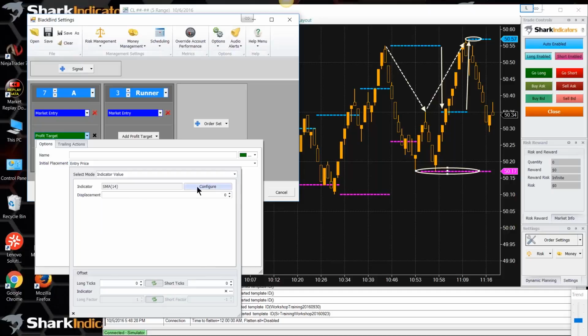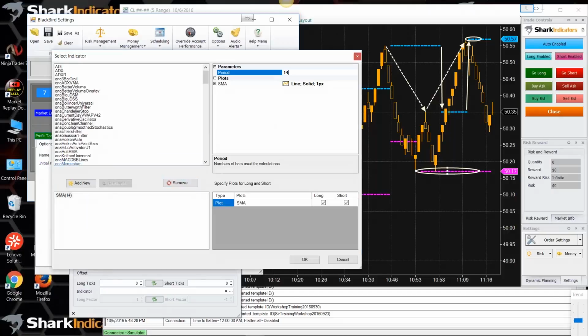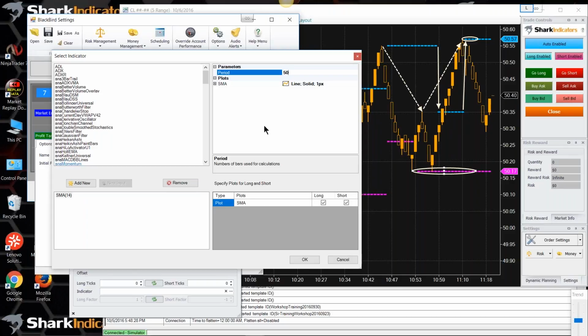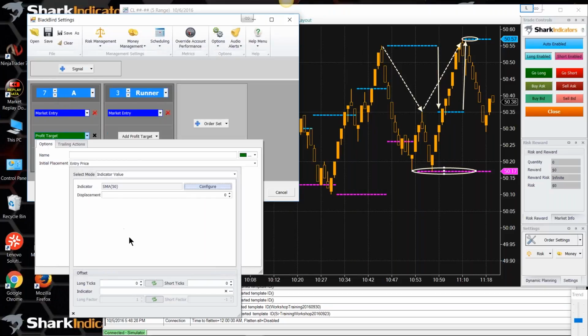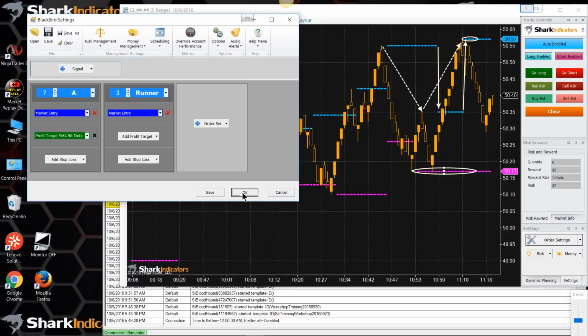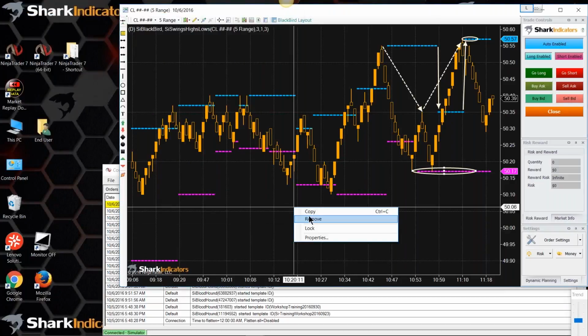So if we're going to use a moving average to set our profit target, we probably need something fairly slow moving. And then the question from RJ was, can we do that plus 50 ticks? And absolutely, I'll just put 50 ticks down in there as my offset. So there we go. We have an SMA 50 plus 50 ticks. And just like that, if I click OK,